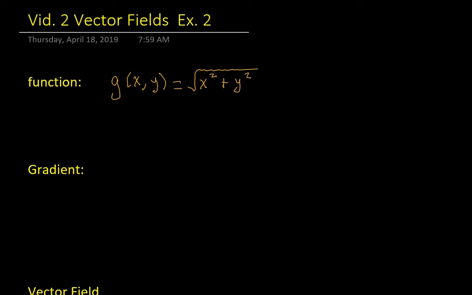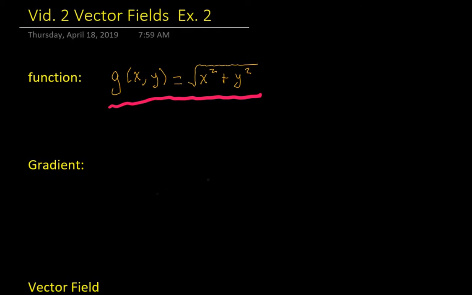Just going to quickly show the similarity between what a gradient looks like and how it is a type of vector field. So this particular function we have here, g of x y is equal to the square root of x squared plus y squared, is our function. You'll later on find out that there's a particular name for this type of function. And so the gradient of this function